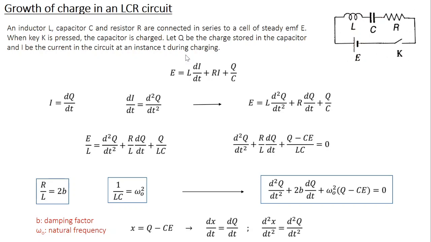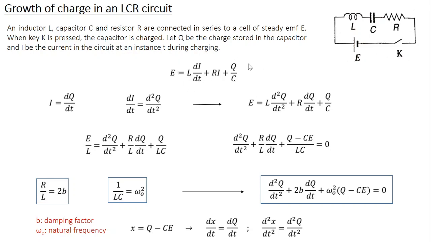What's the first step? As always, you need to write down the EMF equation. We are already familiar with the EMF equation of LR and CR circuits. Just combine both of them. You can write E equal to L into di by dt. This is the back EMF associated with inductor. Ri, this is the potential drop across resistor, and Q by C, this is the potential drop across the capacitor. This is already a time dependent equation, but we have two terms with respect to current, one term with respect to charge.